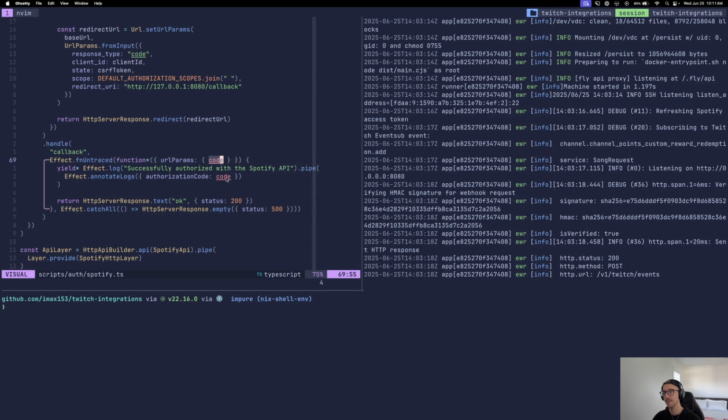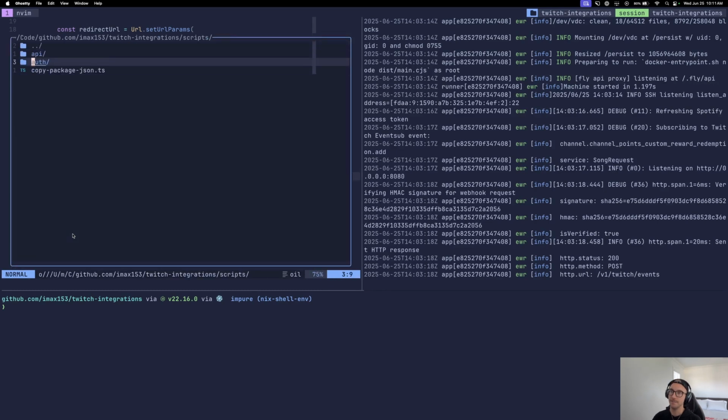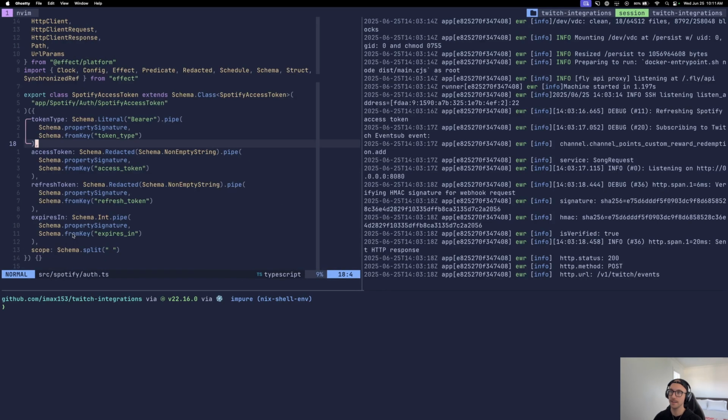And really all I'm doing here is logging out the auth code. This way I can grab that code and dump it into my fly.io app secrets. And then my app takes over from there. So if we go back into Spotify auth,